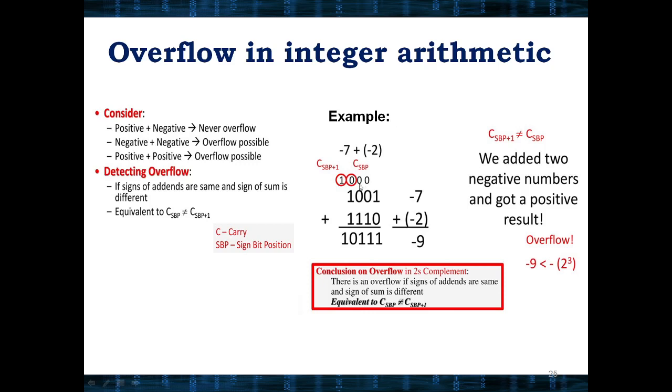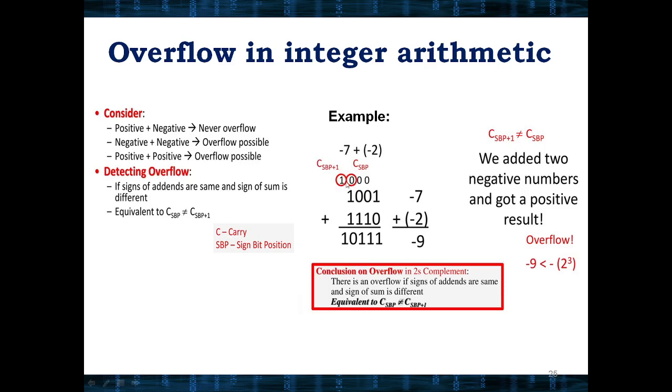So here it is 0. So 0 plus 1 is 1. So here it is 0. This is nothing but the carry of the sign bit position. This is the MSB position, right? MSB bit. So for this position the carry is 0. Okay. So when I add this 1 plus 1, it is 0 and there is one carry which is going to the next stage. That is the carry of sign bit position plus 1.